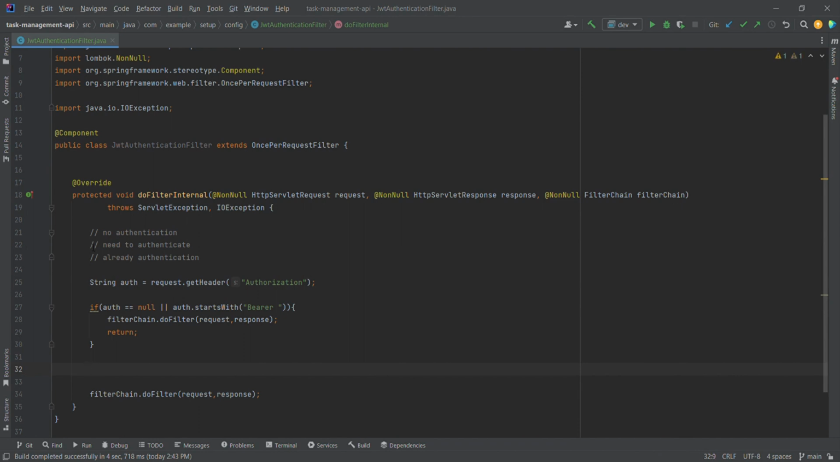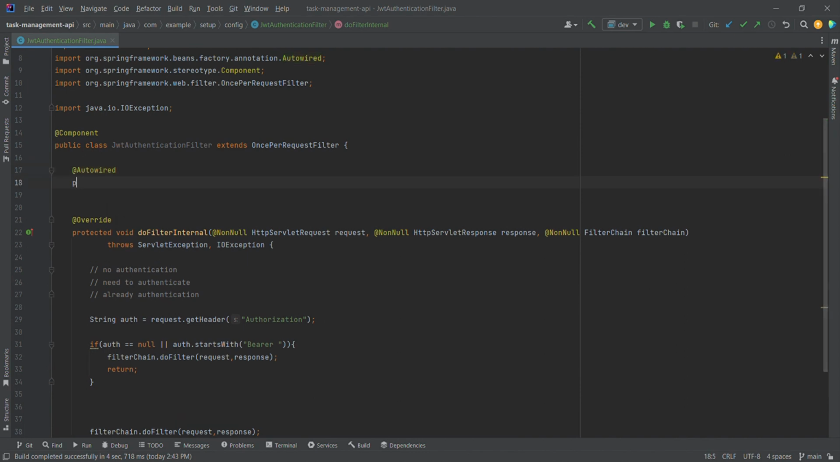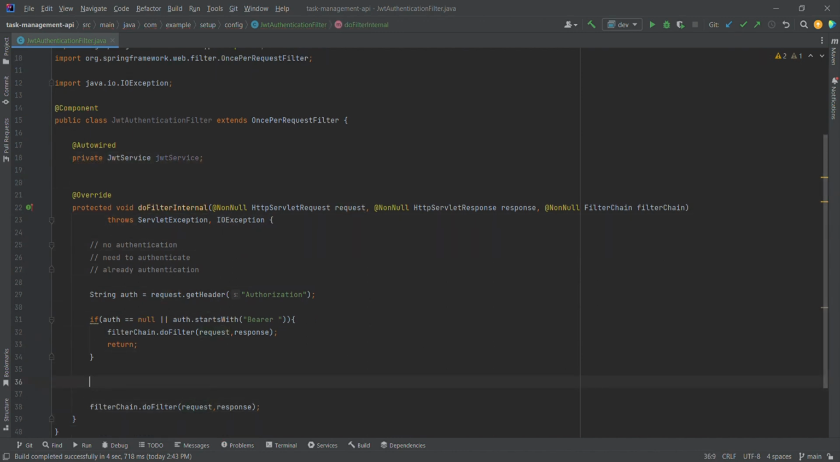So what we actually need is the username. We might want to make sure that the username is not authenticated. So first for this we need a JWT service. Let's just call it private JWT service, JWT service, and from here, first of all, what we need to do is JWT service dot